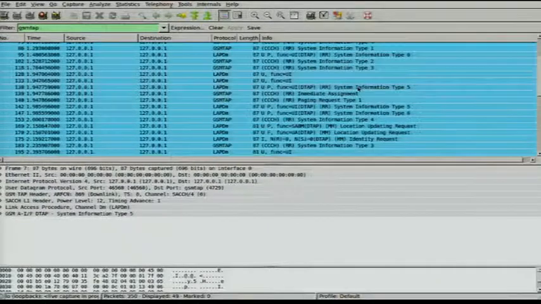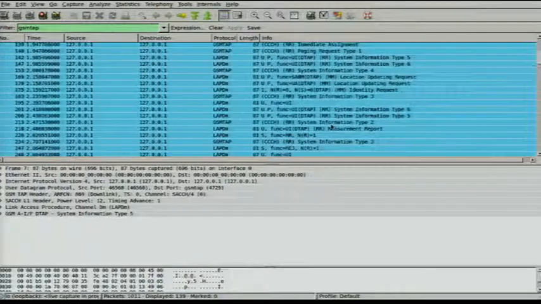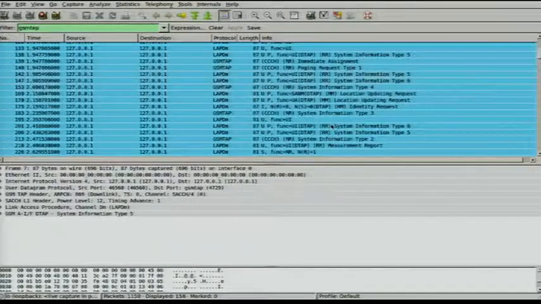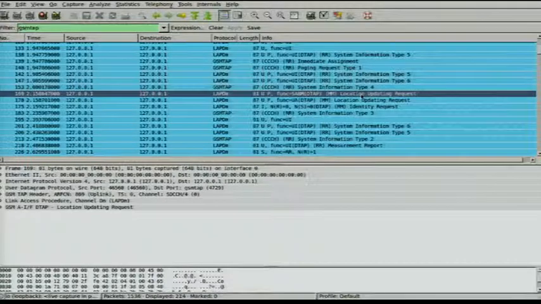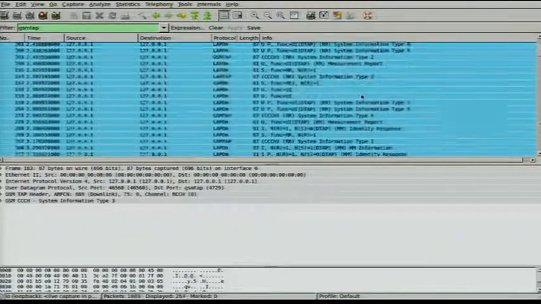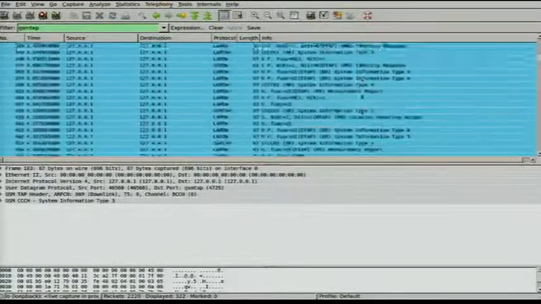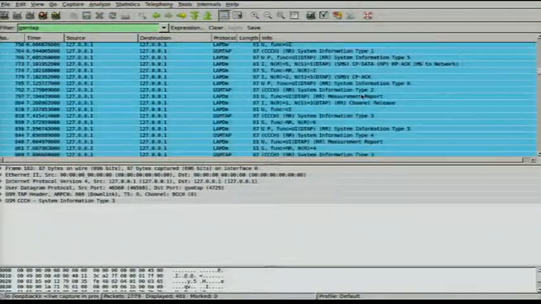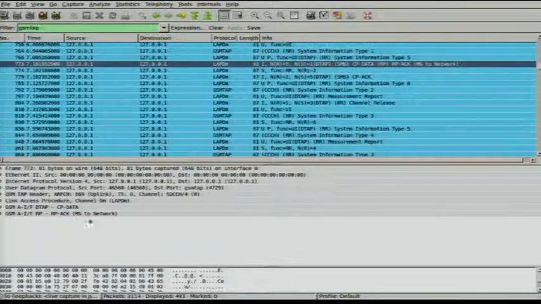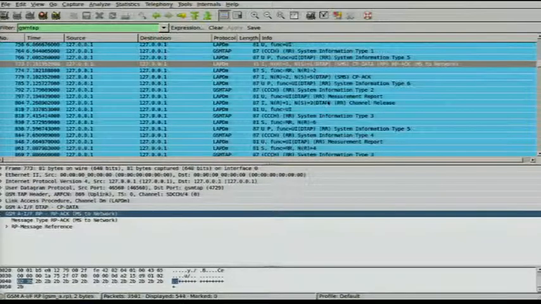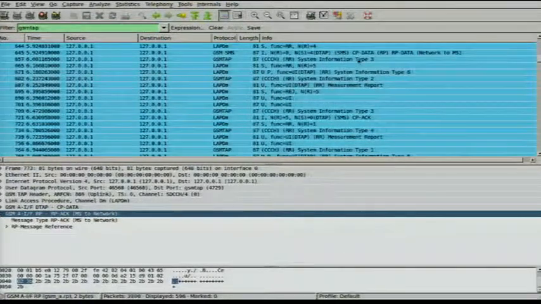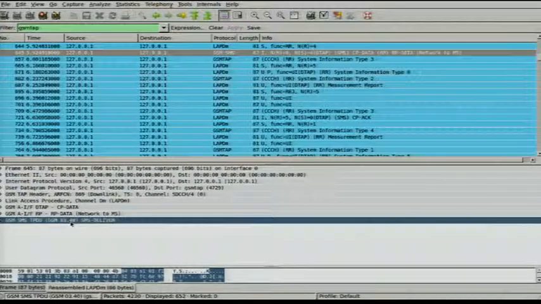So we can see that it's broadcasting. Yes, okay, so apparently someone has already found the cell because I already have a location update request. And in theory, it's supposed to have delivered an SMS, which we should see here. SMS deliver,